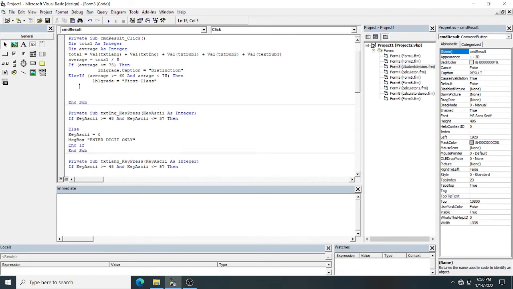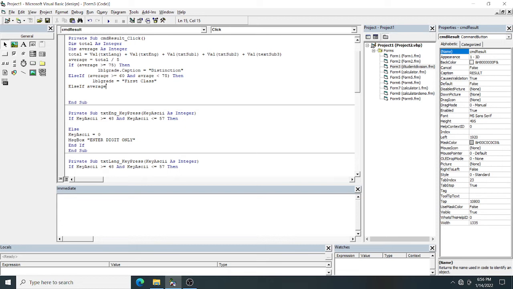Now again another else if, if this condition is also false. Now check whether your average mark, or if you want you can take the variable as percentage also, that is your choice.